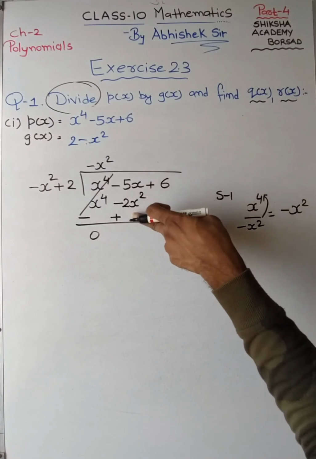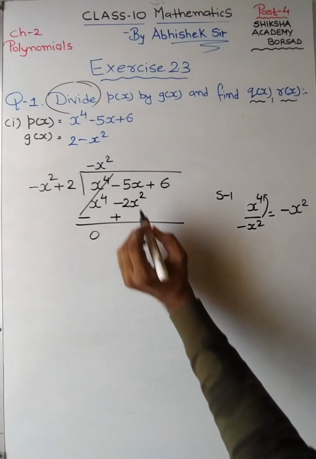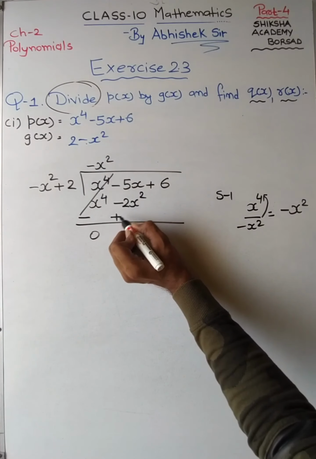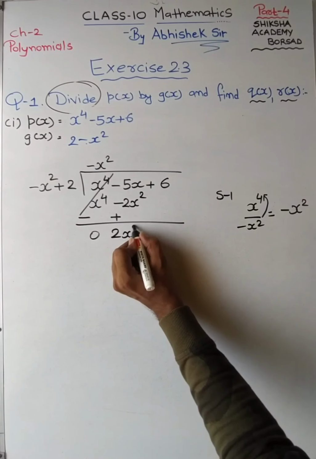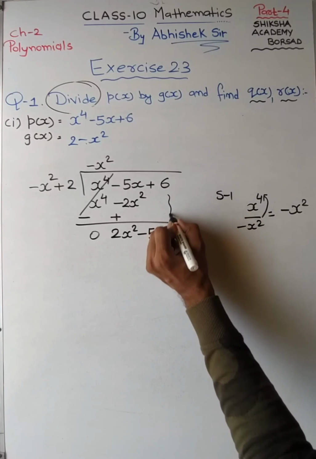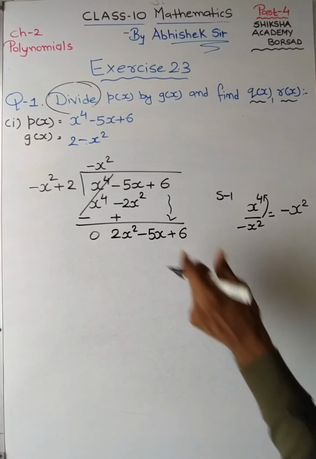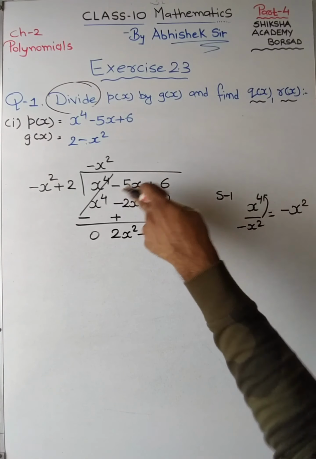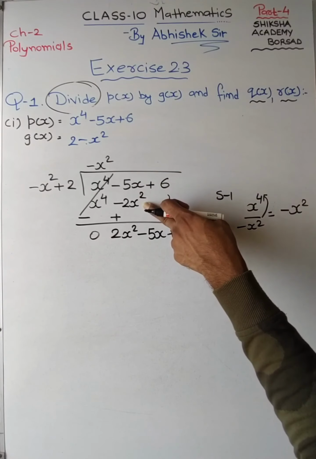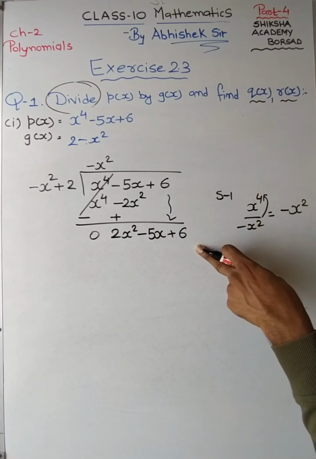You cannot have the mathematical operation between 5x and 2x square. So what to do? The trick is you write the term with the higher degree first and then the lower degree. So plus 2x square will be written first, then you will write minus 5x and repeat plus 6 if possible. Clear? Don't be confused. Even if these minus 5x and plus 2x square cannot be solved directly, one is x square. So what to do? Put the higher term first, then the lower term, then repeat.